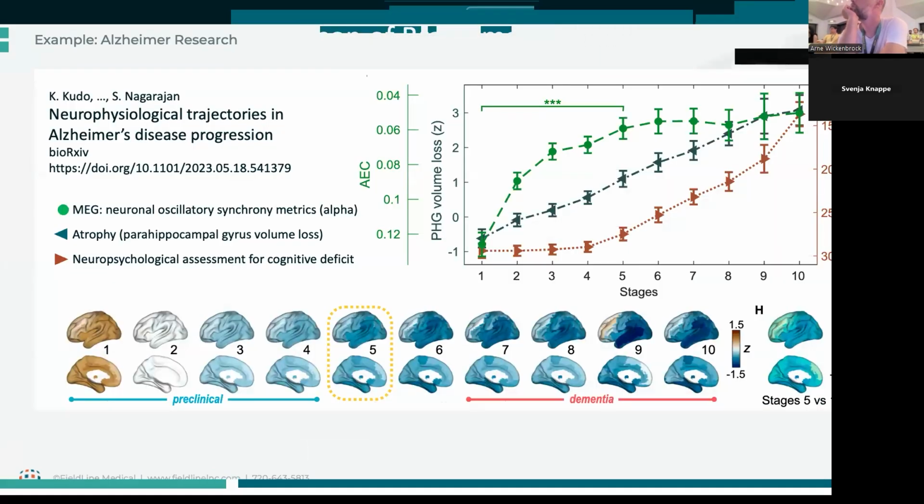There's also some other really interesting research. This is Alzheimer's research from the